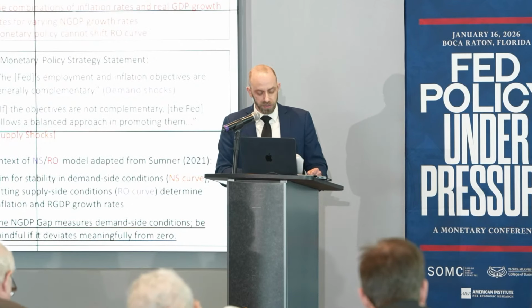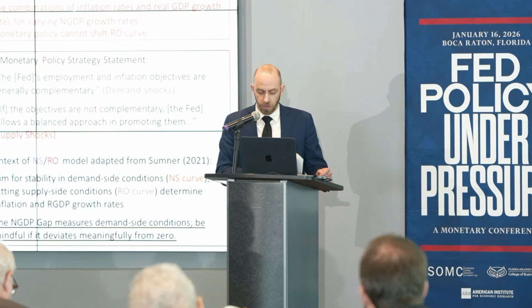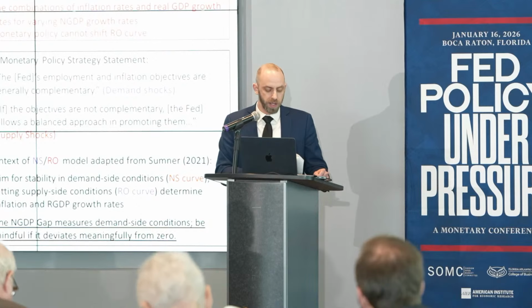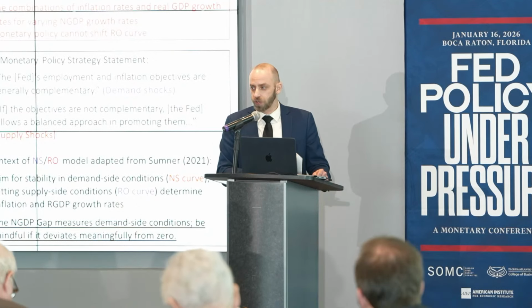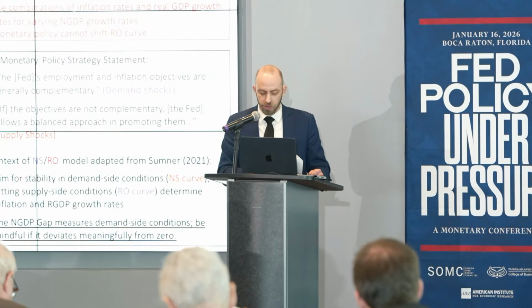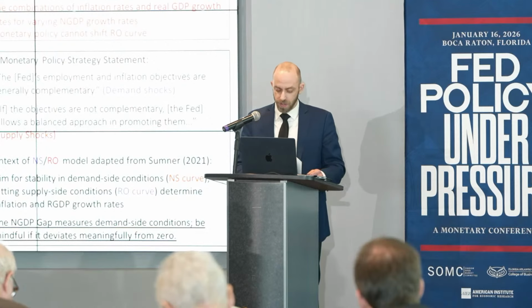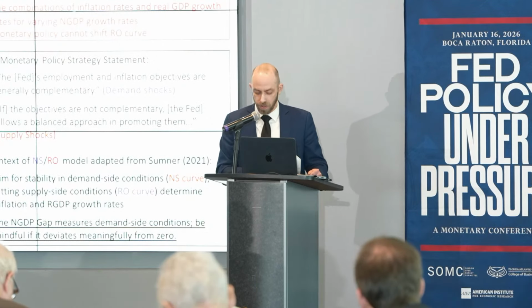What is a central bank to do? Tighten policy and real GDP growth falls even more. Ease policy and inflation rises even more. A more balanced approach would aim to keep NGDP growth stable such that inflation and real GDP growth vary with supply-side developments. Indeed, I think this may be the inflation we've been looking for.